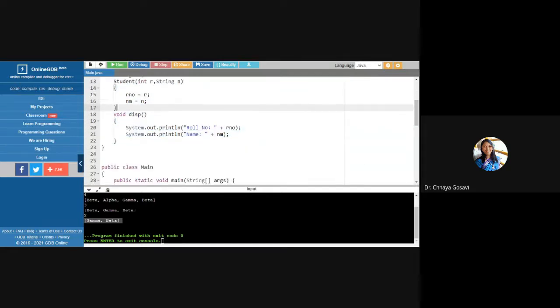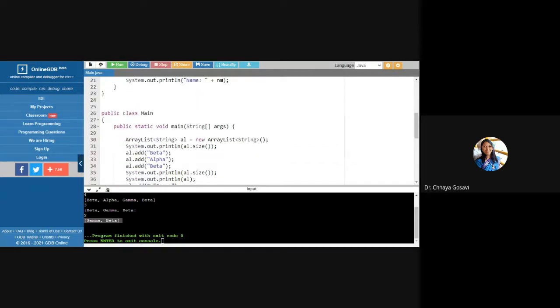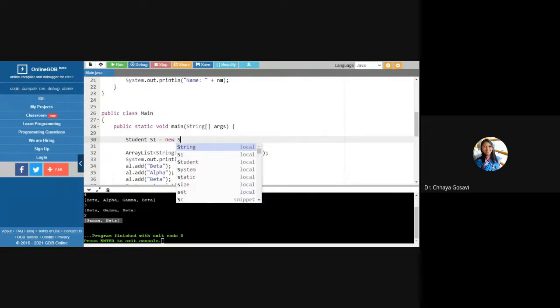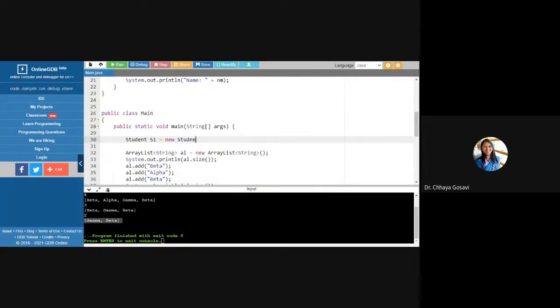Now I want to create an array list of student. So let me first create objects of a student. Student S1 is equal to new student, and I'll pass roll number 10 and name Ria.